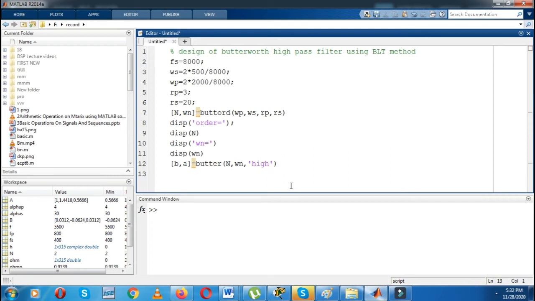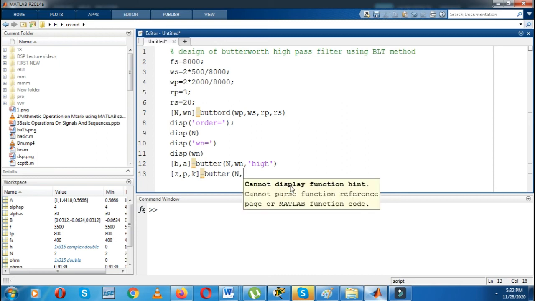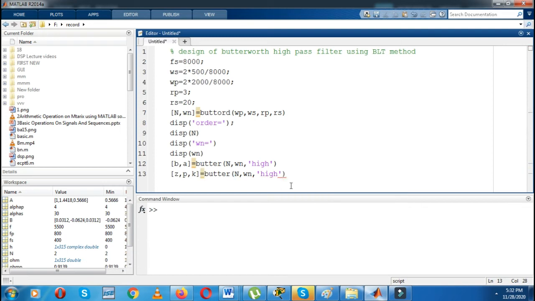Next line I will define the zeros, poles and gain equal to butter in bracket N comma Wn comma, in single inverted commas, high, bracket complete.